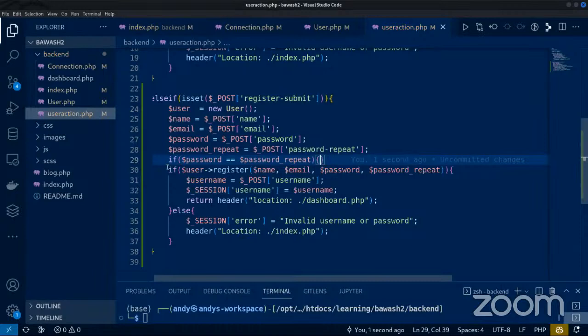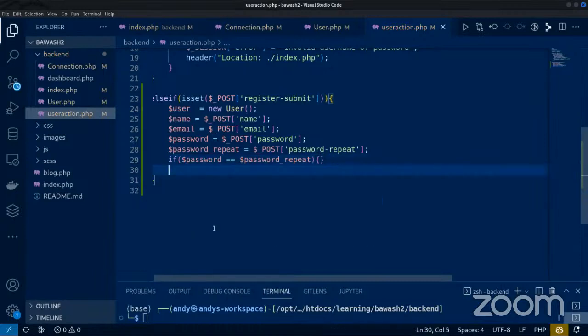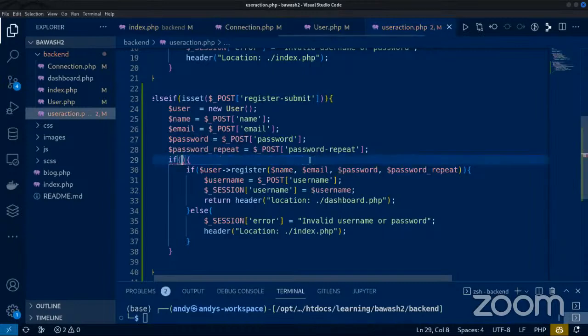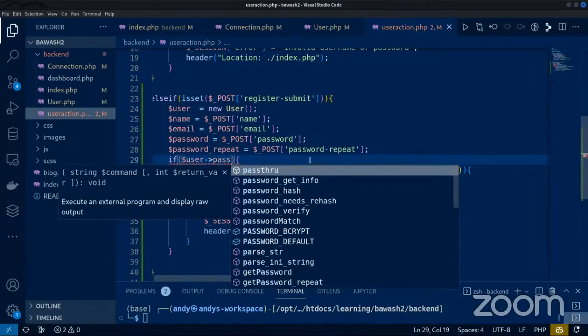Then we can go ahead and execute this logic, right? So this will be cool, but this check as well, we already have a method that defines that, so we could literally just call the method here. How do we call it? If user dot password match,